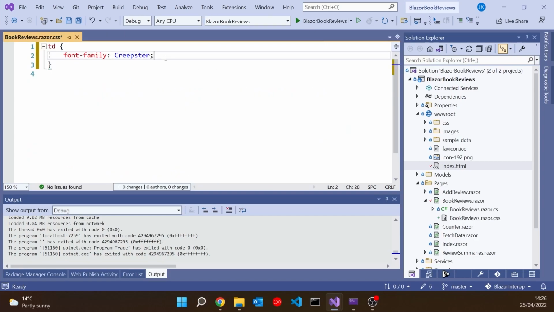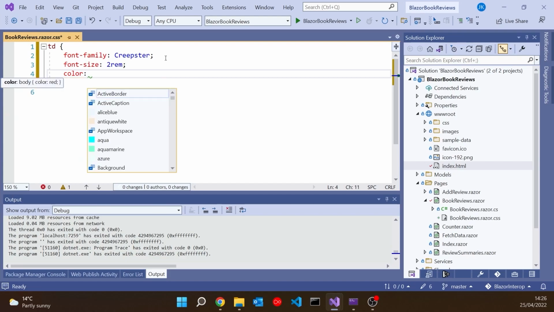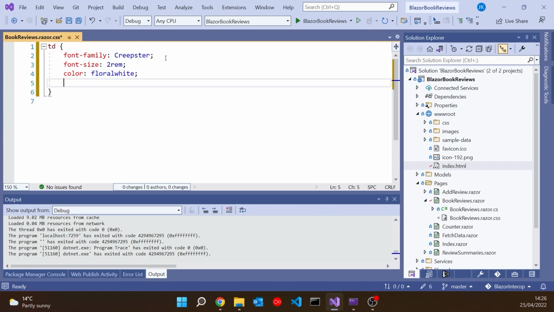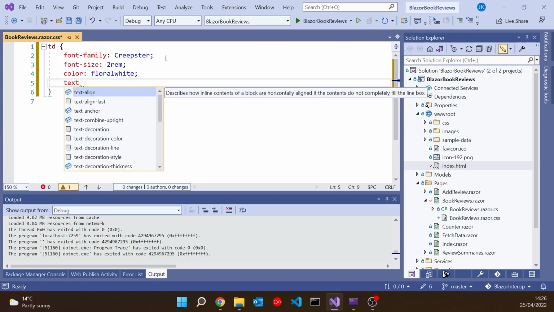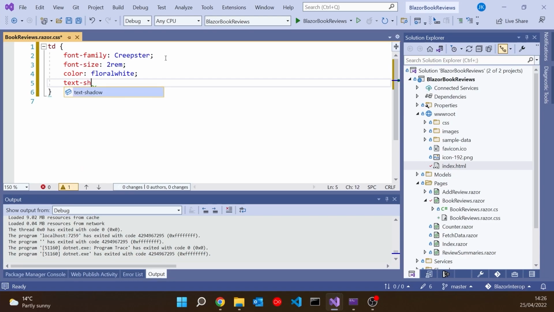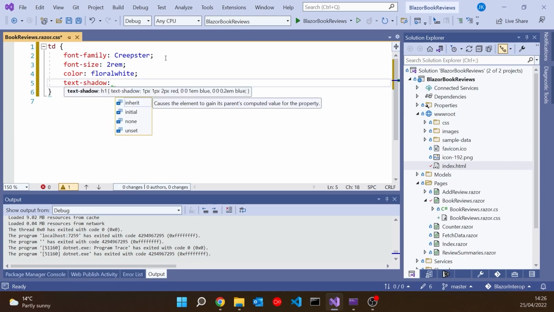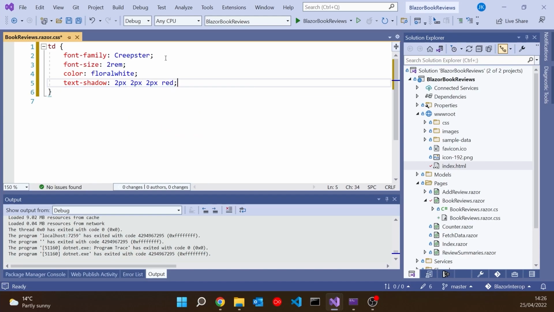What we'll also do in there is we'll give it a font size, and I'm going to change the color. Go for floral white, and also let's put a bit of a spooky shadow on there. So if we have a text shadow, then that will just make it stand out a little bit. So that's the style we're going to want to have.